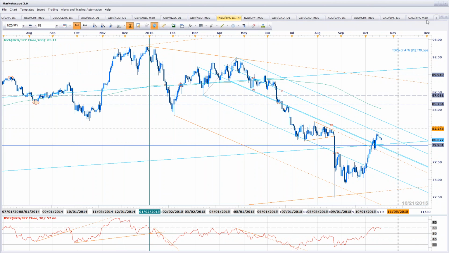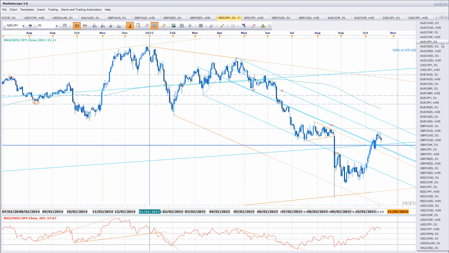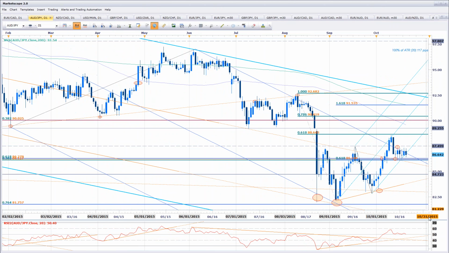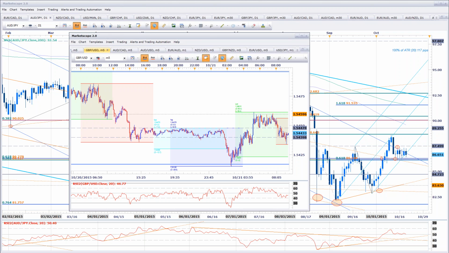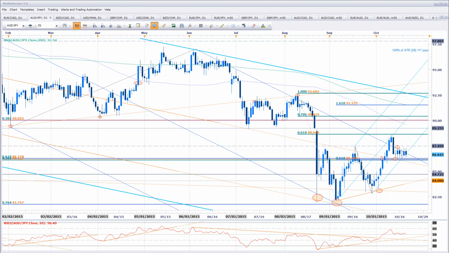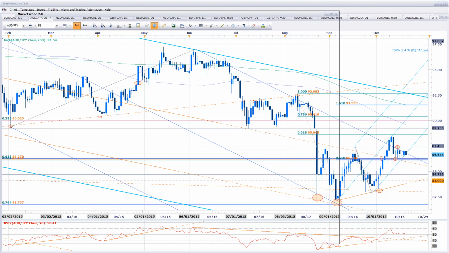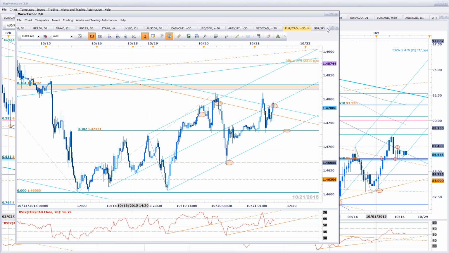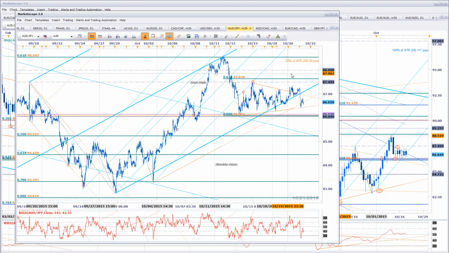Even Aussie yen, which is something that we were following last week, much closer, coming into support structure here. A downside break keeps the shorts in play. That being said, you're at a support structure. So for the Aussie yen, here's what it looks like on the 30-minute.